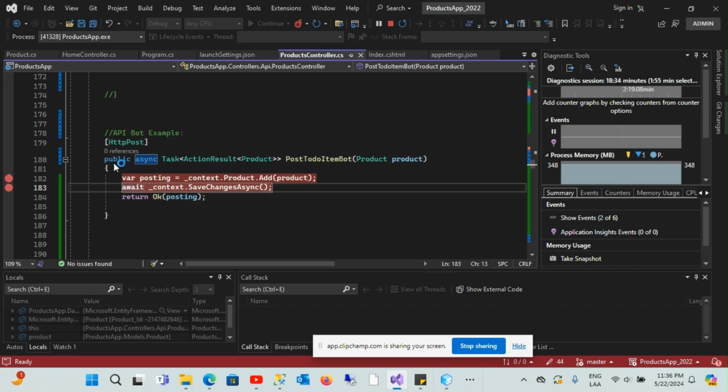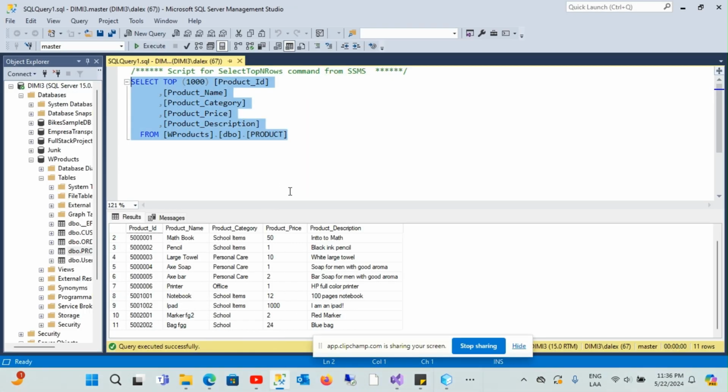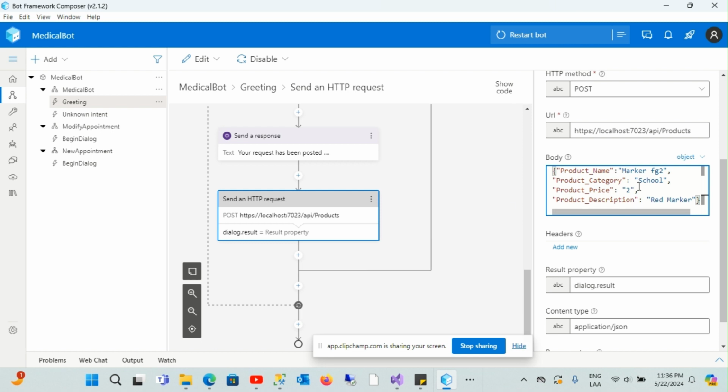And I have my API here. So it's just a very simple API just to post that and save the changes. So the idea is that we're going to see whatever we post here as a new record. Okay, let's go back here. And this is